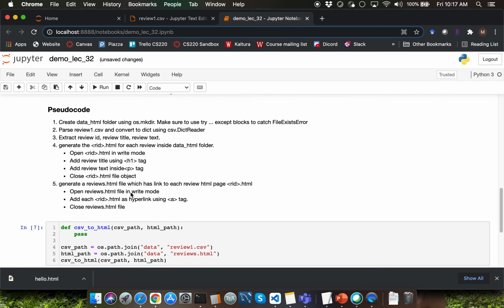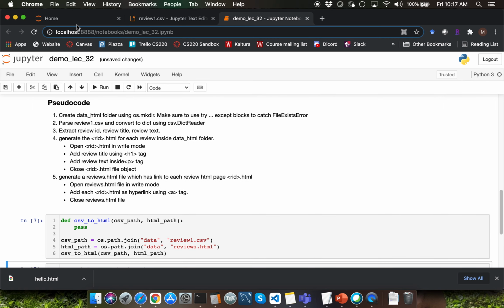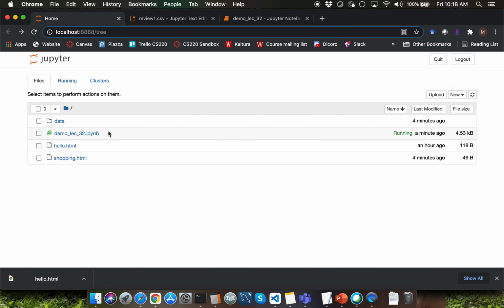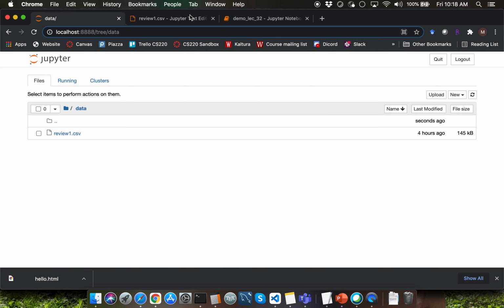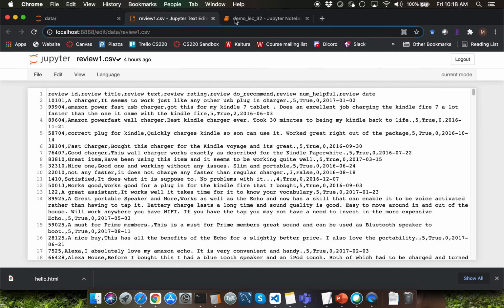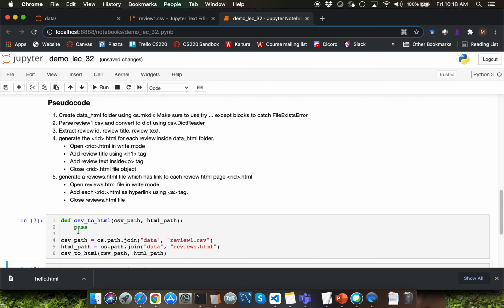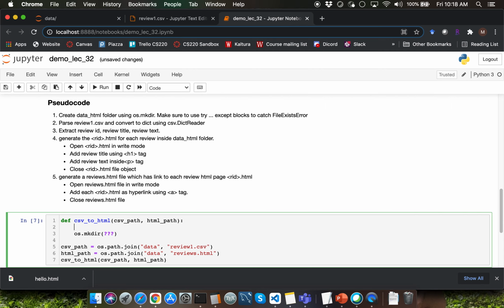Within my function, I want to be able to create a subdirectory called data_html within the data directory. Recall that you can use the OS module mkdir function, and you need to pass as argument the relative path to the directory that you want to create.